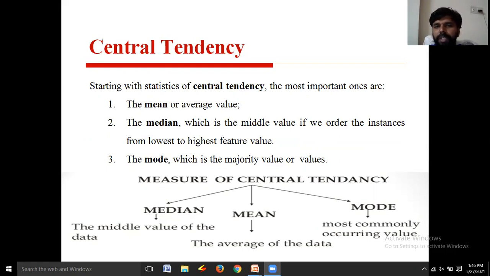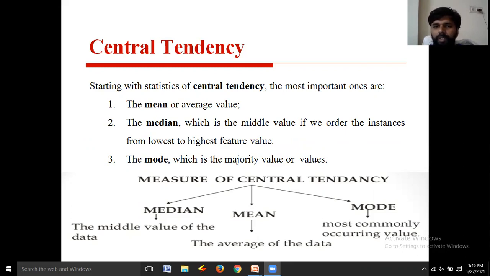And similarly, median is the middle value. To calculate the median, we are using the formula called n plus 1 by 2. Before using this equation, you must arrange all the elements in sorted order. The order should be descending order, which means the big number comes first. Later you arrange the small numbers. Like that, the elements are arranged.